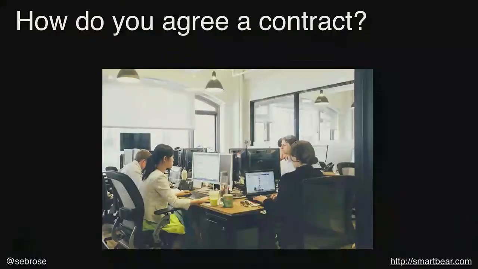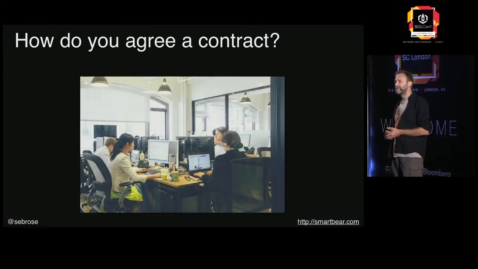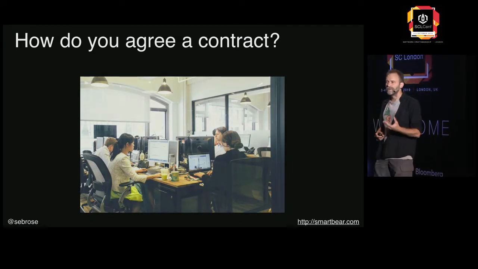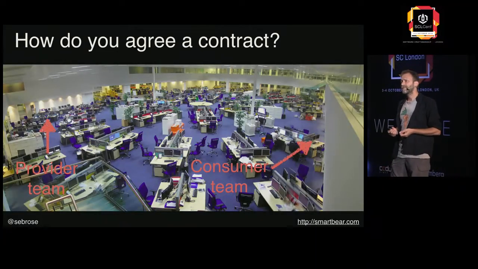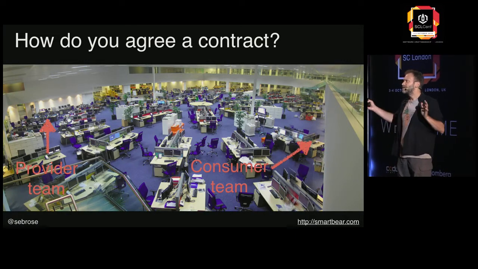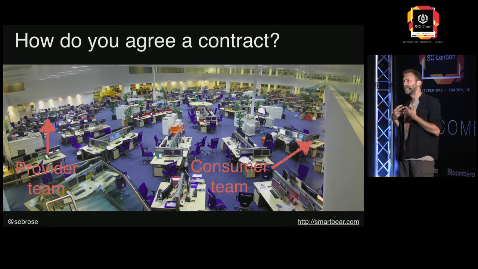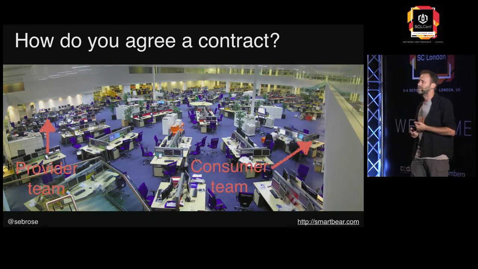Because agreeing what the contract should be is hard. Again, a number of people have talked over the past few days about having small teams, and we talked in the panel about closing the gap and having fast, high bandwidth communication between people that work together. And that works fine when you're co-located or when you're in a small team and you speak to each other each day. But there have been a number of bits of research that say if you're more than a certain number of meters apart, it's as if you're in a different time zone. That it's quite easy to separate people and make it much harder to make those sorts of agreements.